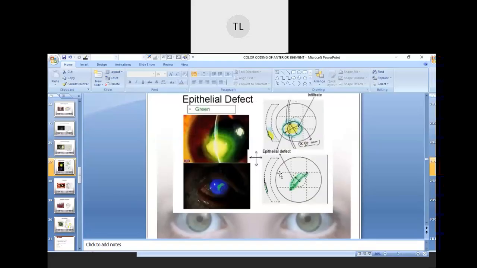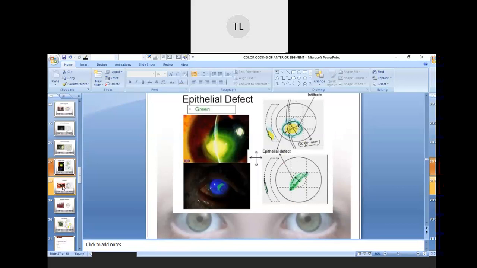So next we have is the epithelial defect. Okay. So basically epithelial defect can occur because of cell loss. Okay. If there is any injury or if the epithelial cells have been lost, so this will show you like this. Okay. So when we do the fluorescein test, when you give a fluorescein strip, the stain will be positive. Okay. So this is how we are going to draw it with the green color. Okay. So just remember, if we are using any kind of fluorescein strip, we are going to use a green color for the indication.